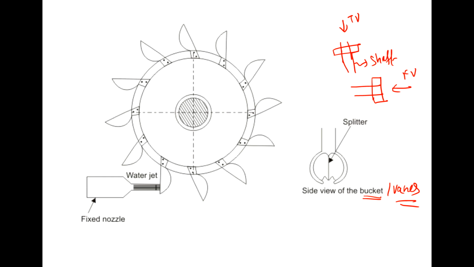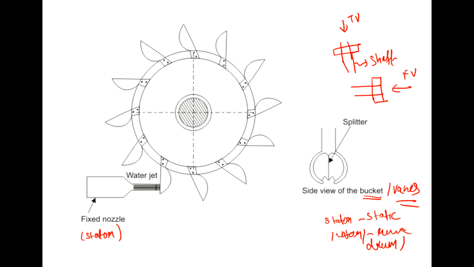Very simple. There will be a fixed nozzle, and this fixed nozzle is nothing but the stator. As I already mentioned, the stator is nothing but the static part. What does static part mean? It is the part which is not going to move. It's a fixed part, right? In this case, the stator is the static part, and this fixed nozzle is the fixed part. This is the rotor, or runner, or it is also called the drum. That is going to rotate. So that is the rotor or runner, or sometimes it is also called the drum.